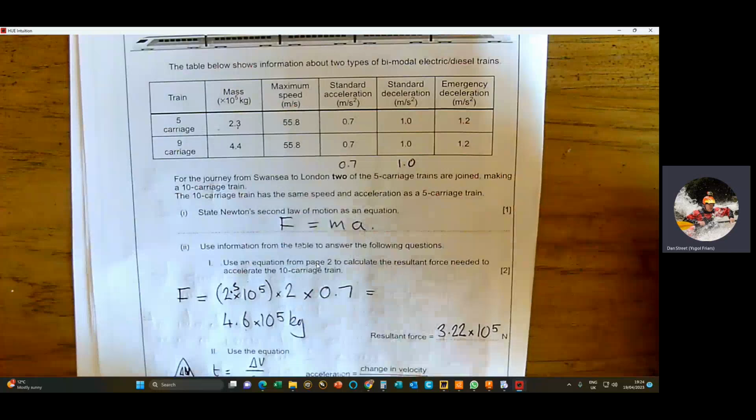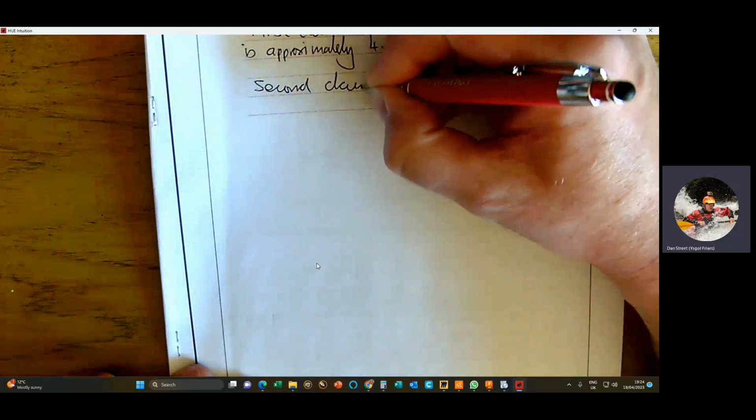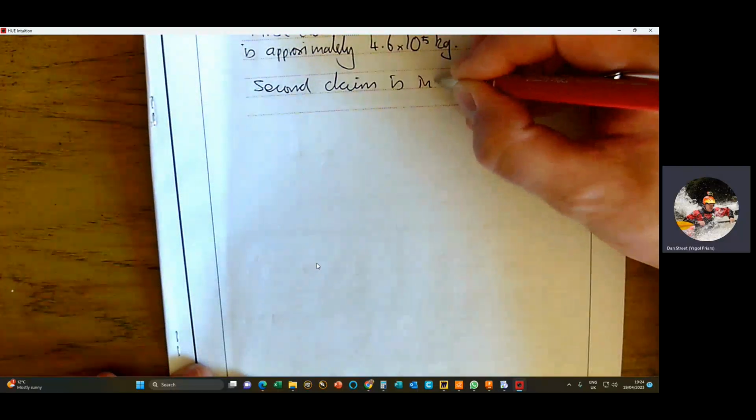So it will slow down at the same rate. So the second claim is incorrect,